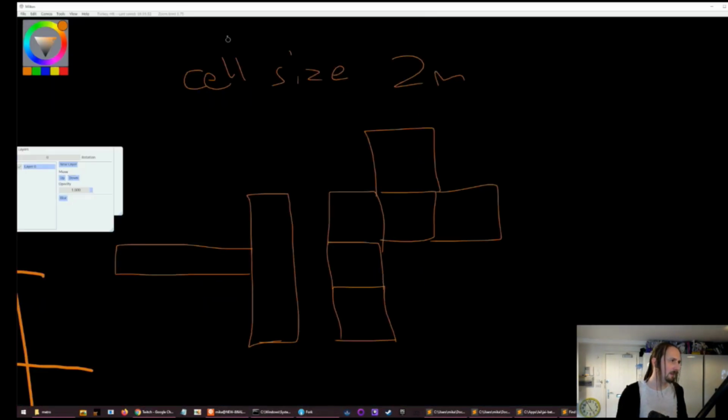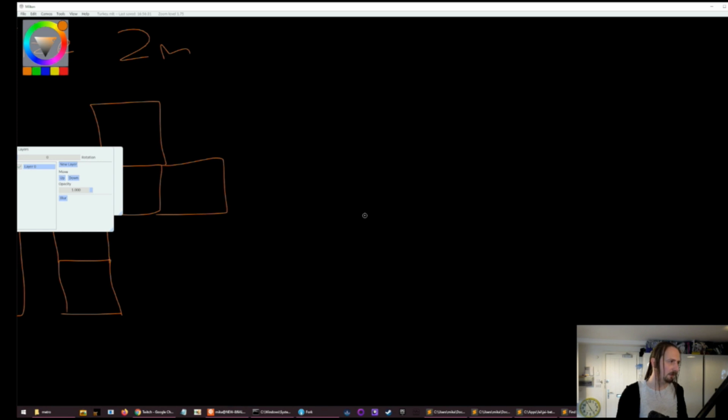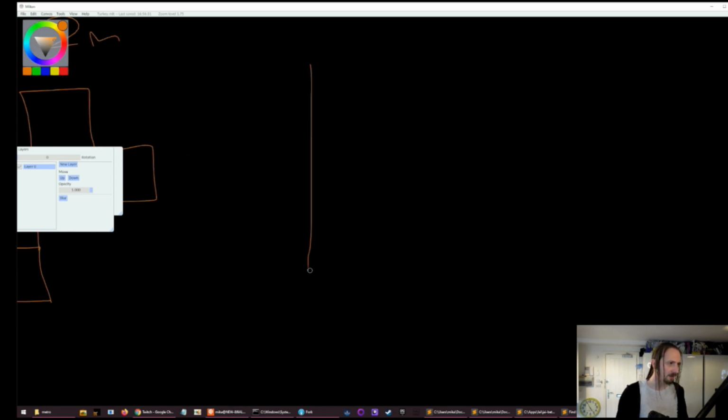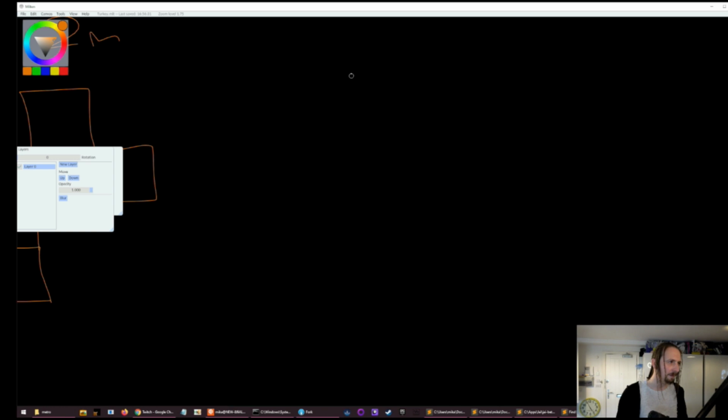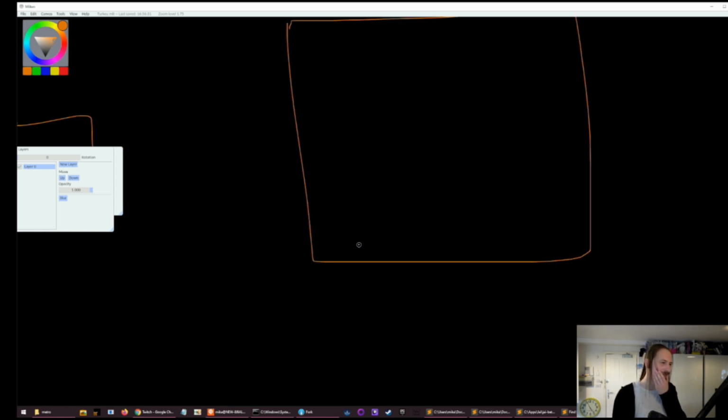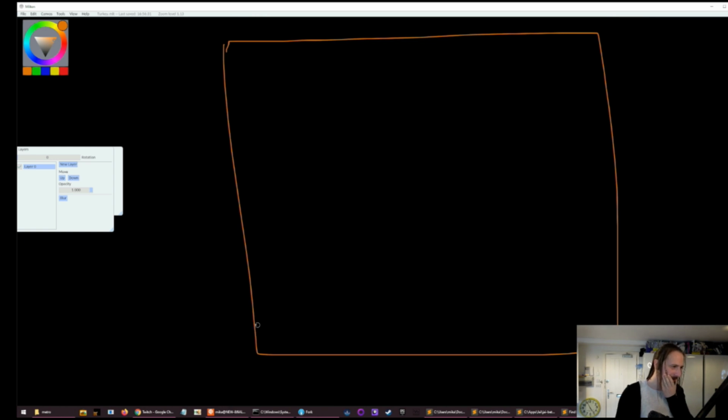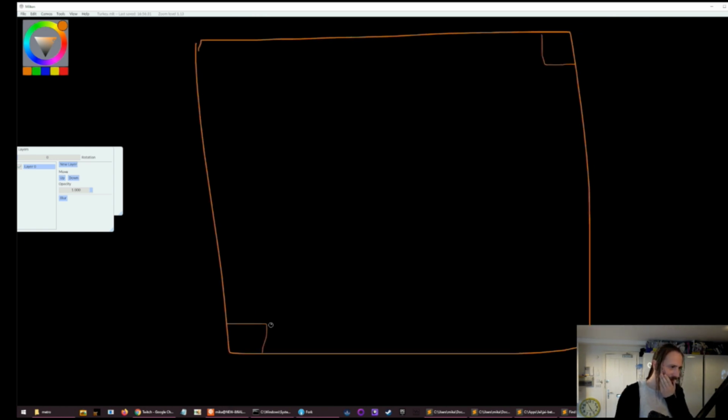The way I remember doing this when I did my first maze program 20 years ago was I had one big grid which was 100 by 100 because I was young and didn't know any better. We could recreate it. Do I want to recreate it? I kind of do. So start point, end point, and the way I did it was randomly